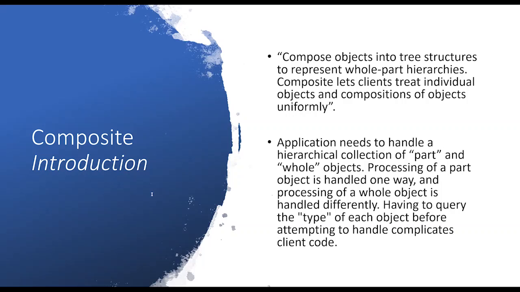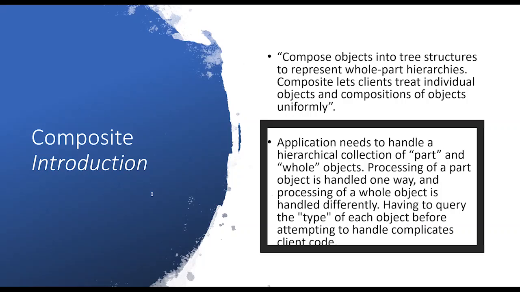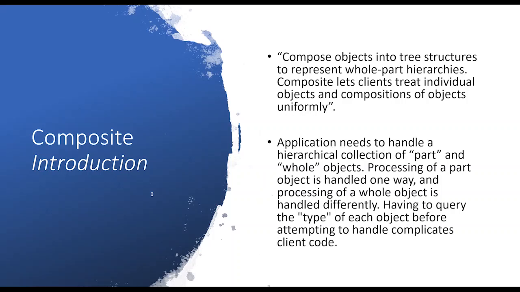Now let's say the client wants to know the size of a directory. For this, the client will have to recursively iterate through the hierarchy of the structure, for which he has to handle the two objects separately, which are the leaf object and the composite object. He has to handle both these objects in a different manner. He has to determine the type of class, and on the basis of class, perform the operation accordingly. This need to query the class of each object before attempting to process is not desirable, as it will unnecessarily clutter and complicate our code.